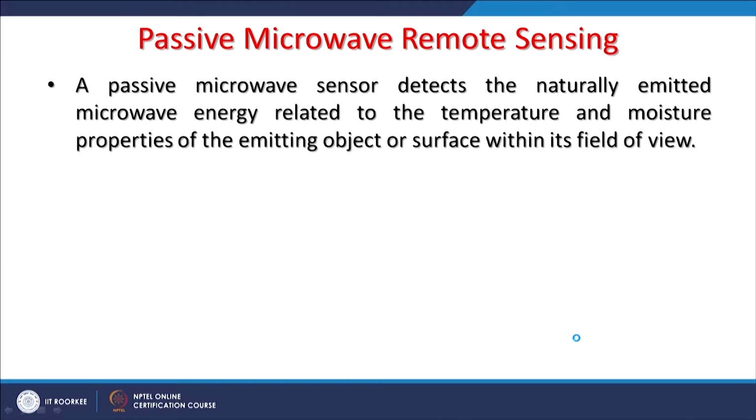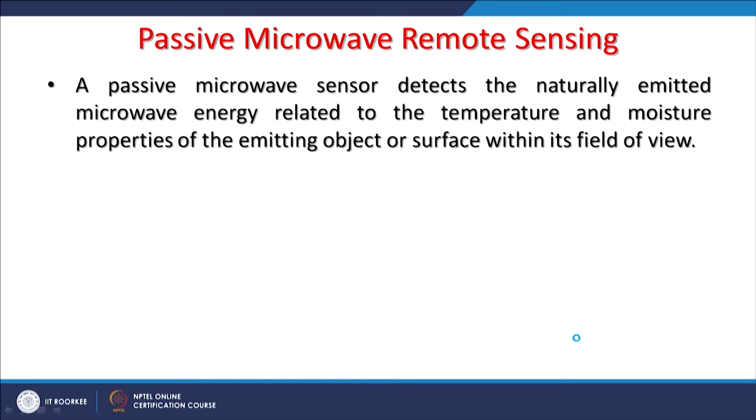So, in flood studies, microwave plays a very important role, because during the rainy season when flood occurs, you might be having clouds and all other remote sensing will fail except active microwave remote sensing. So, it plays a very important role for various studies, whereas passive microwave remote sensing basically detects the naturally emitted microwave